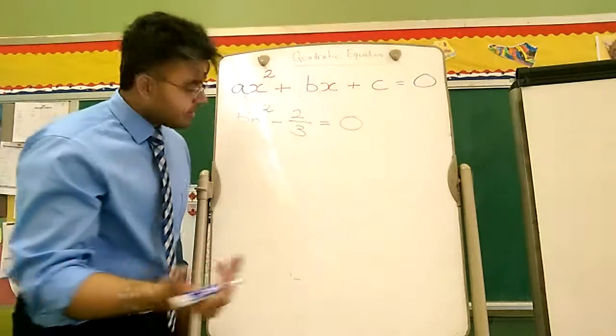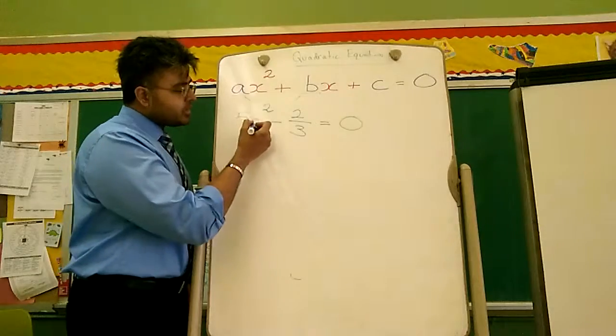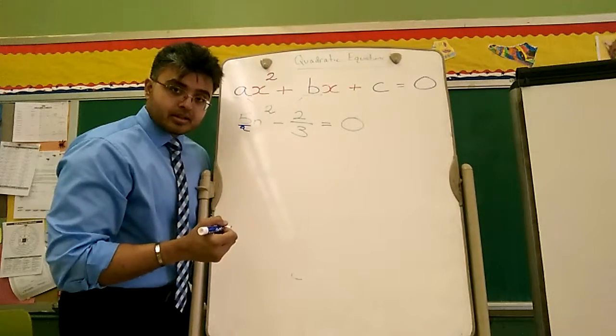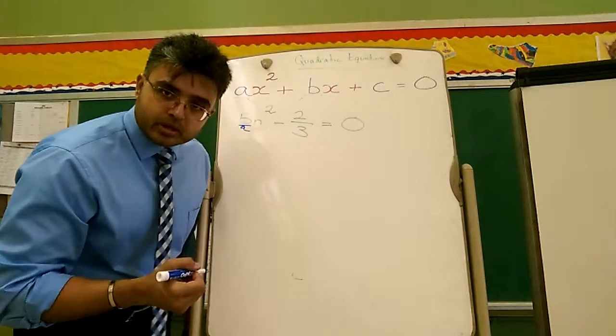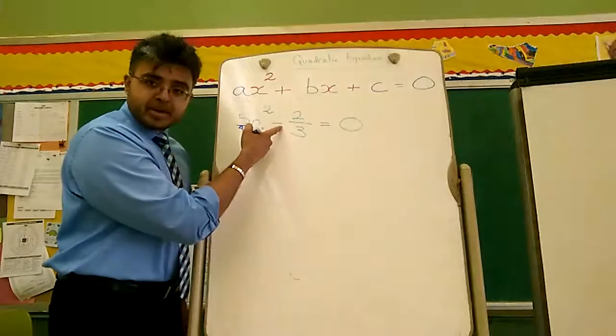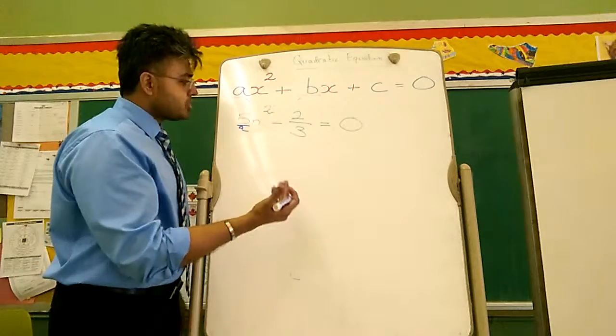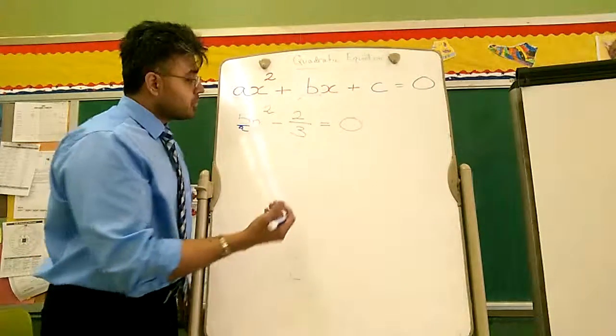A, B, and C, how do we do this? Well, I know that this is an n squared here, so this has to be A. Now, we got a problem. Where is the other n? There is no other n. There's no B. So we can't even put B. But we do know that there's a